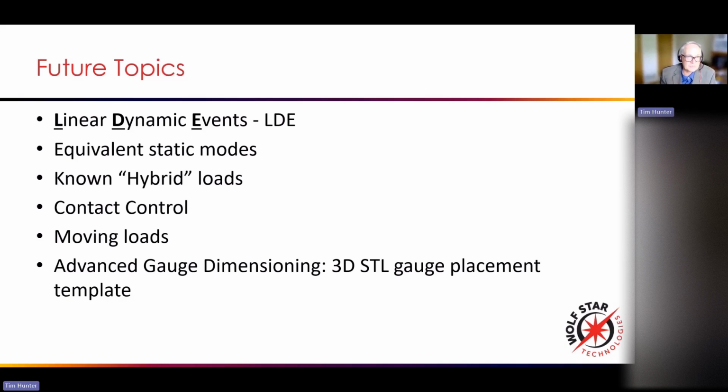And then we'd love to show you some great features of our software, like working with known loads, what we call hybrid loads, or doing contact or moving loads. So loads that move on your structures, okay? We've got great tools for handling all those things. And we even have really nice tools for using a 3D STL printout to place your gauges on your structure so you don't have to measure anymore. We can basically make you a clip-on template that you put on your parts, and you know where your strain gauges go with no measuring, okay? So we've got some great tools here and many, many more, but we'd love to do some future topics with you all. So